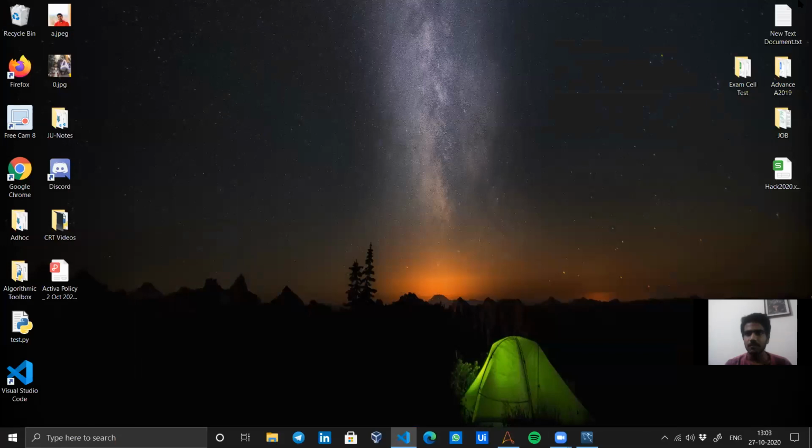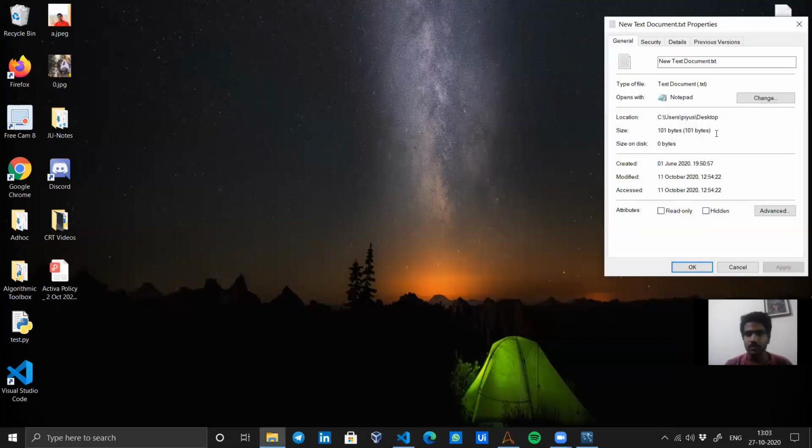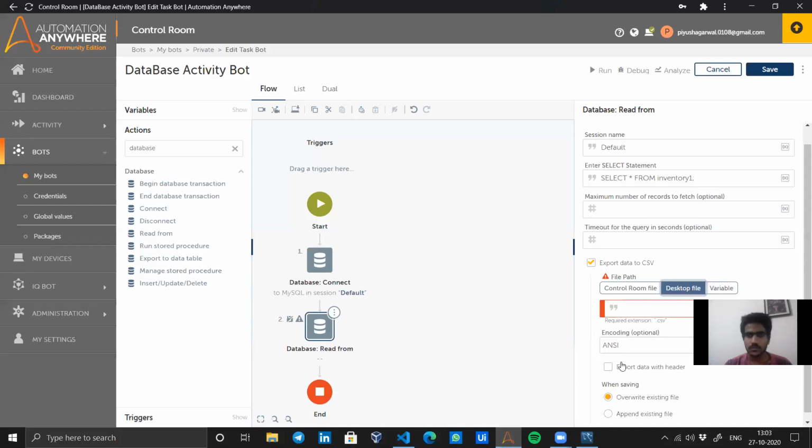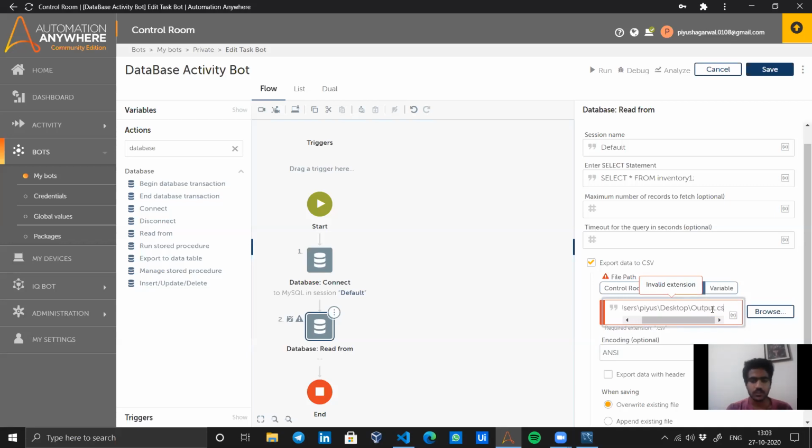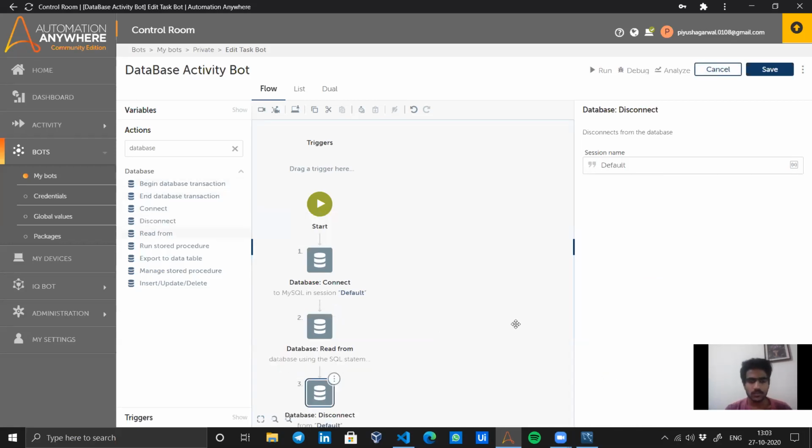Let me copy the path over here, and its extension should be .csv. Let's give it output.csv, and I will check export with headers and the disconnect command also.